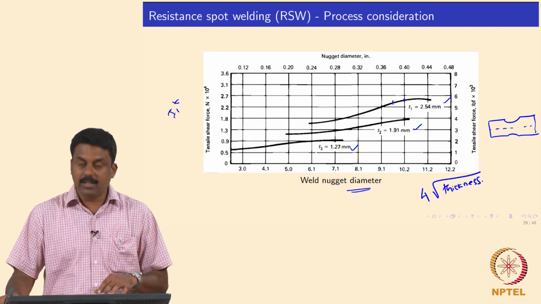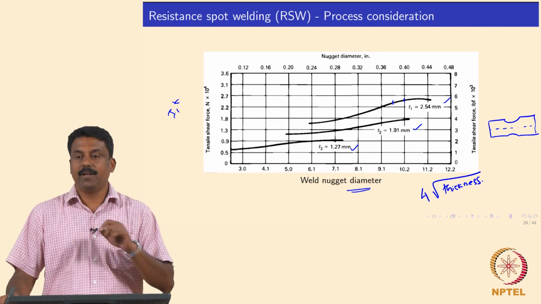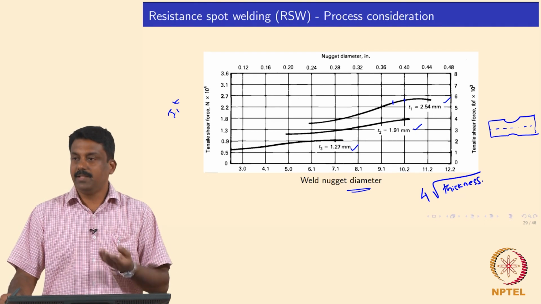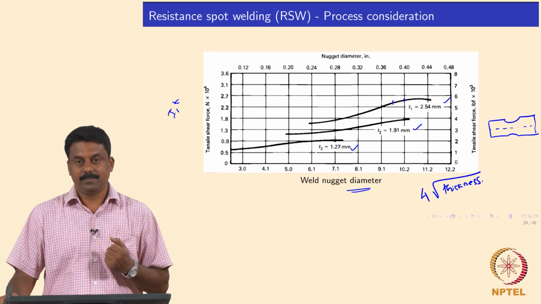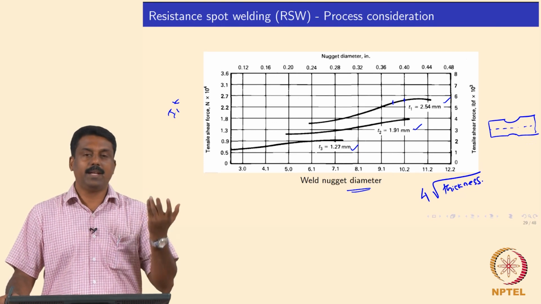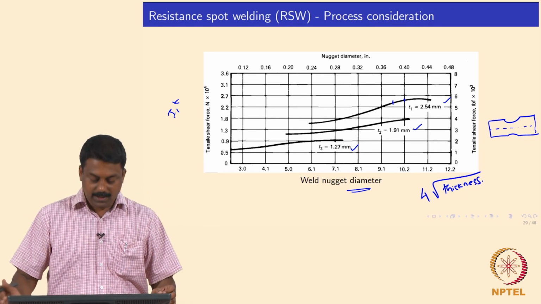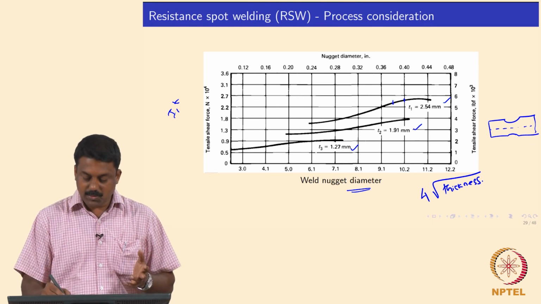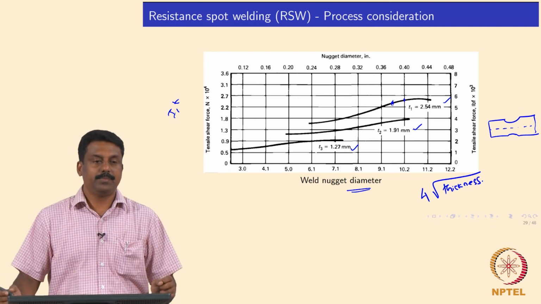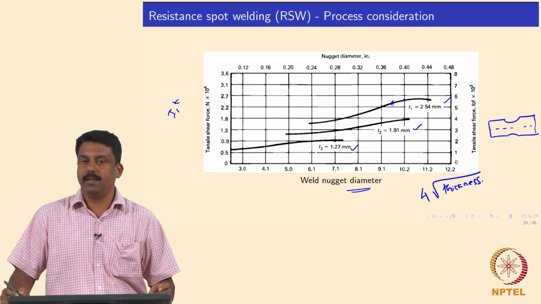These kinds of curves and measurements are carried out for each thickness for a given composition, because if you change the thickness, obviously the mass effect would influence the weld nugget diameter, and that will influence the current and time. So, that is how we generate the properties. We identify the ideal weld nugget diameter which gives the maximum strength and an acceptable plug ratio. Is it clear, yes or no? So, this is how we qualify the spot weld.